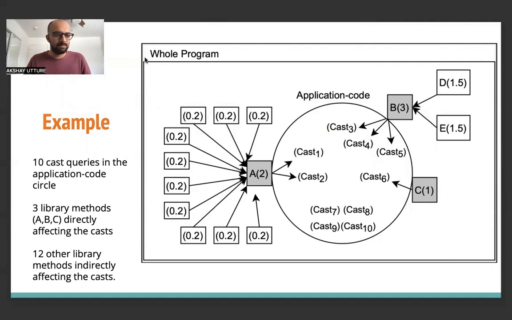So this is a schematic of the whole program, and the circle here represents application code. So we're trying to do a cast check analysis, that is, check if any downcast errors will cause exceptions. And the application code has 10 cast instructions. So casts numbered 7, 8, 9, and 10 get their values from within the application code, and they're not affected